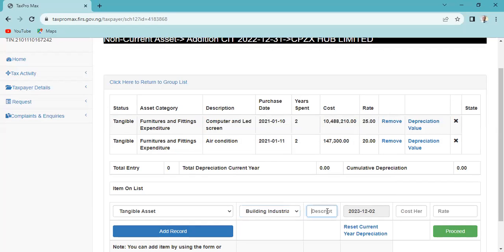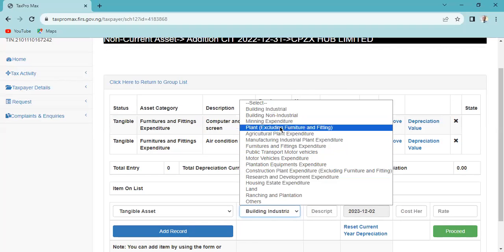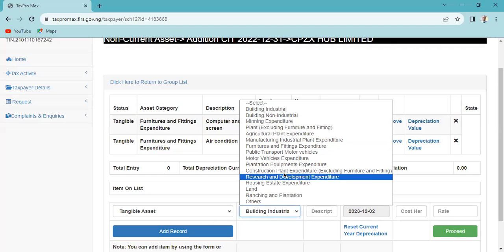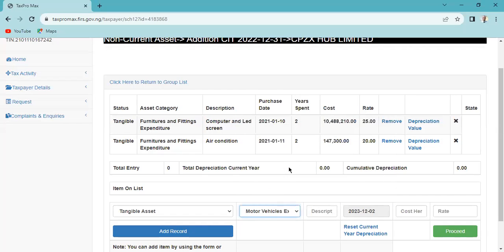Then what is the description? Building, let's say, or let's click on something like motor vehicle. Let's look for motor vehicle expenditure, Abby. So what is the description of that motor vehicle? Let's call it Toyota. Toyota. That is the description of that vehicle. Are we good to go? So after that description,